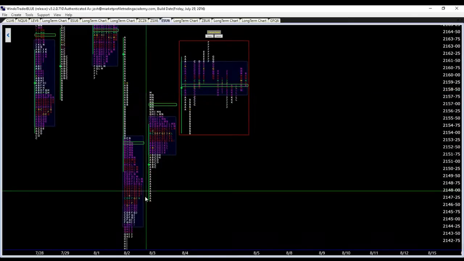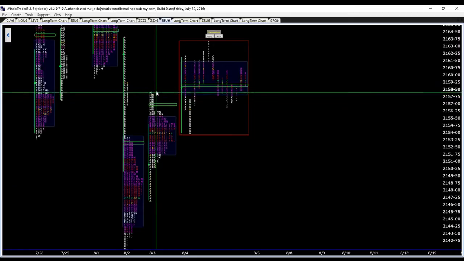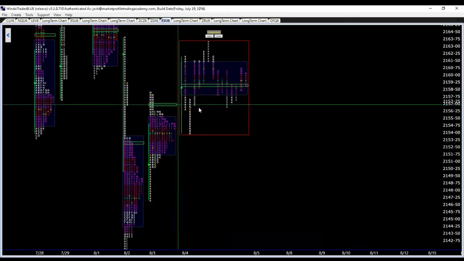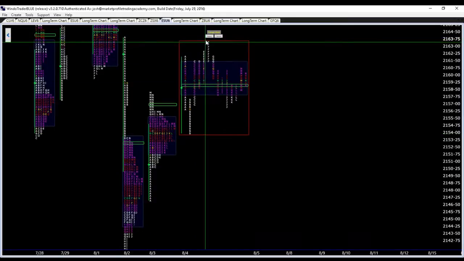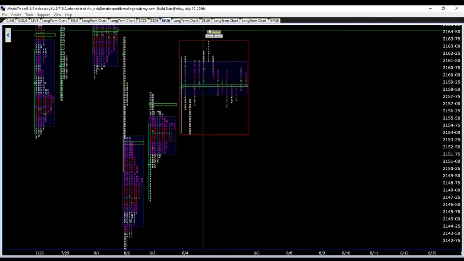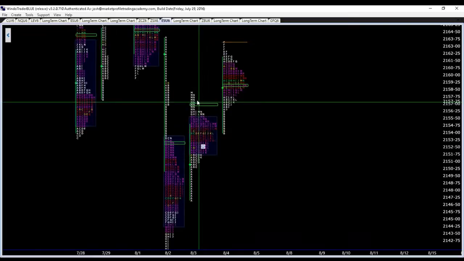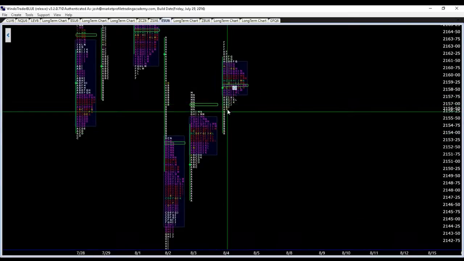So, look at the range of the ES here. We went from 2147 to 2158. It's about 11 points of range. Next day, 2154, 2163. Almost 10 points. So when the prior day is balanced, if you have an open auction inside of range, then you can predict